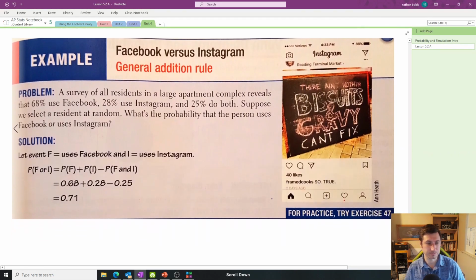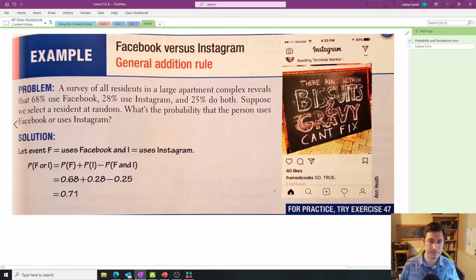Here is one last example to leave you with about using that general addition rule without the two-way table. A survey of all residents in a large apartment complex reveals that 68% use Facebook, 28% use Instagram, and